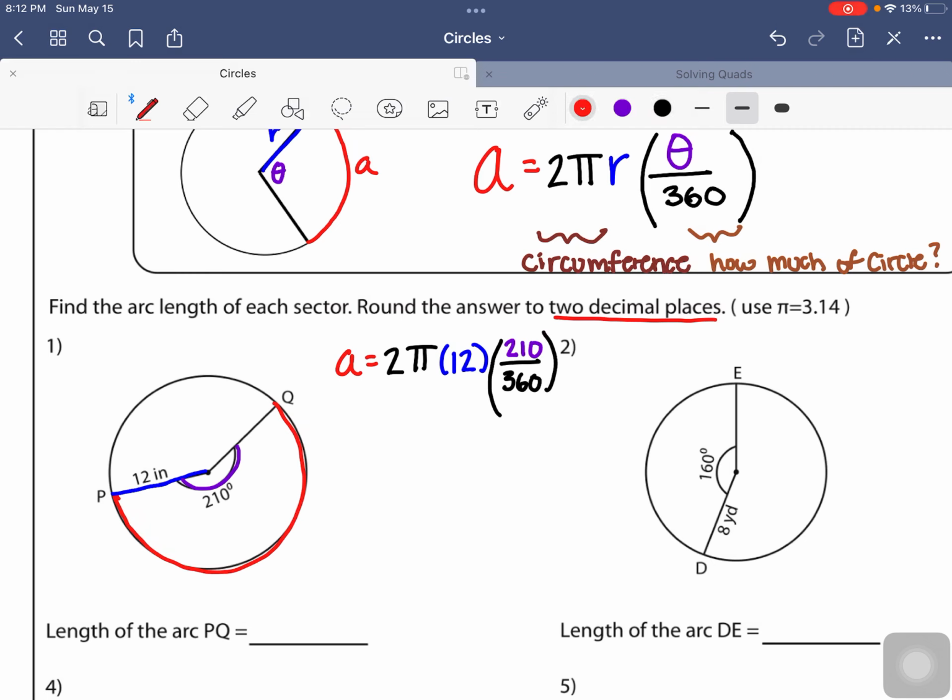Now remember, all these numbers are multiplying, okay? And there's many ways you can go about this. You could multiply these numbers first, and then this one. You could do this one first, and then this second, this third. There's a lot of ways to do it. There's honestly no wrong answer as long as you're multiplying them all together, okay? So I'm going to do the fraction first just because fractions freak me out and I hate them. So I'm going to do 2 pi, and I'm multiplying by 12, and now I'm going to do this part, okay? So if I bring out my handy dandy calculator,